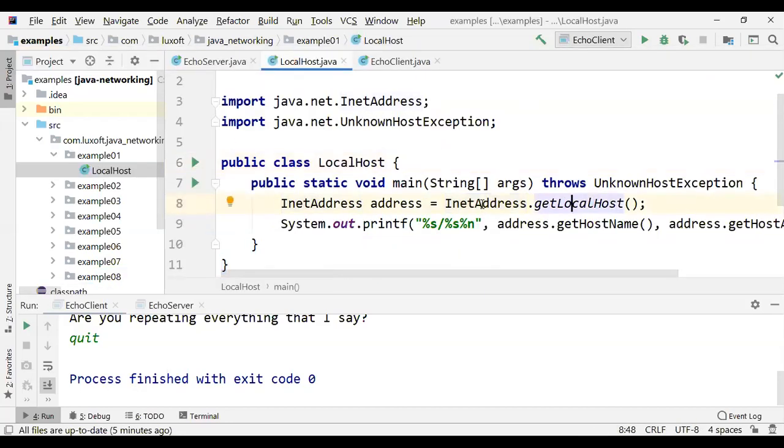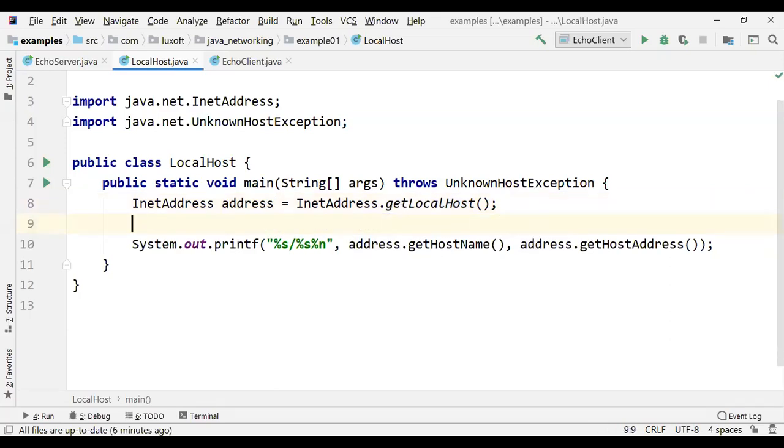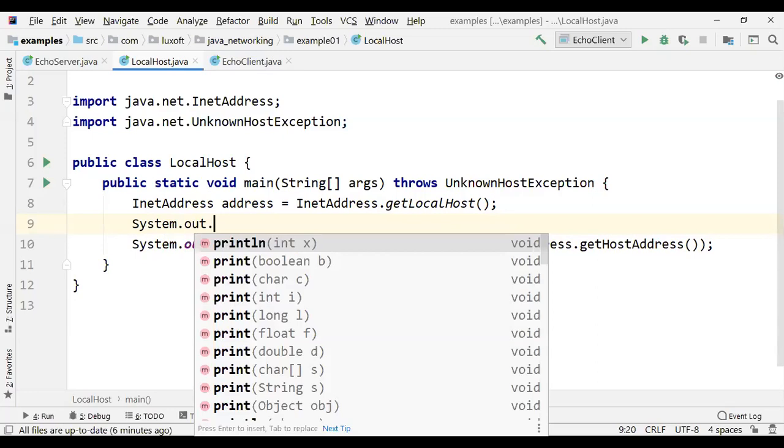You see, I am using this factory method. So whatever this factory method returns is either an Inet4 or Inet6 class. Let's write here to see exactly what is the